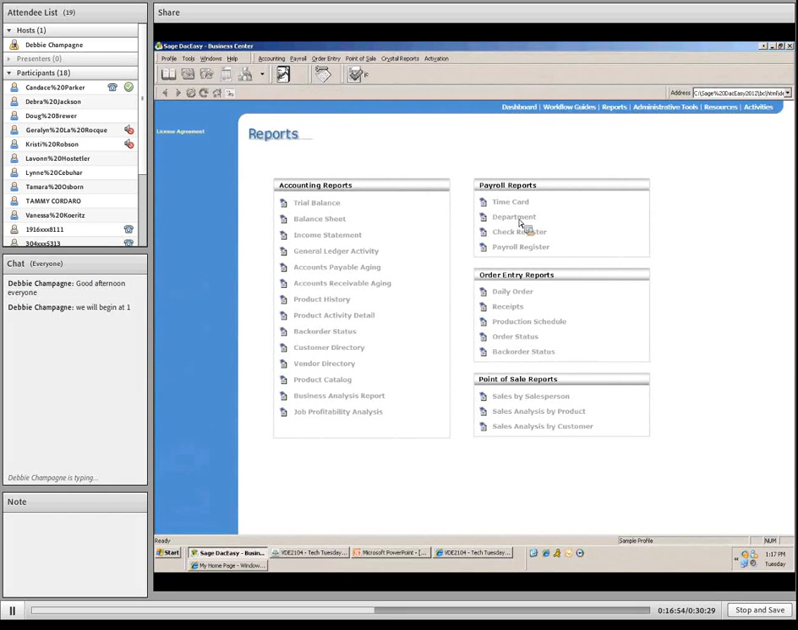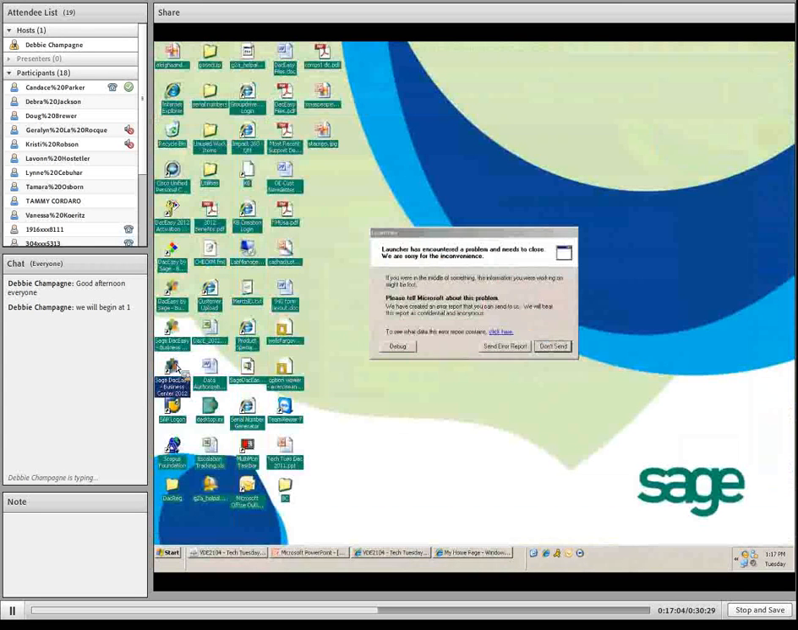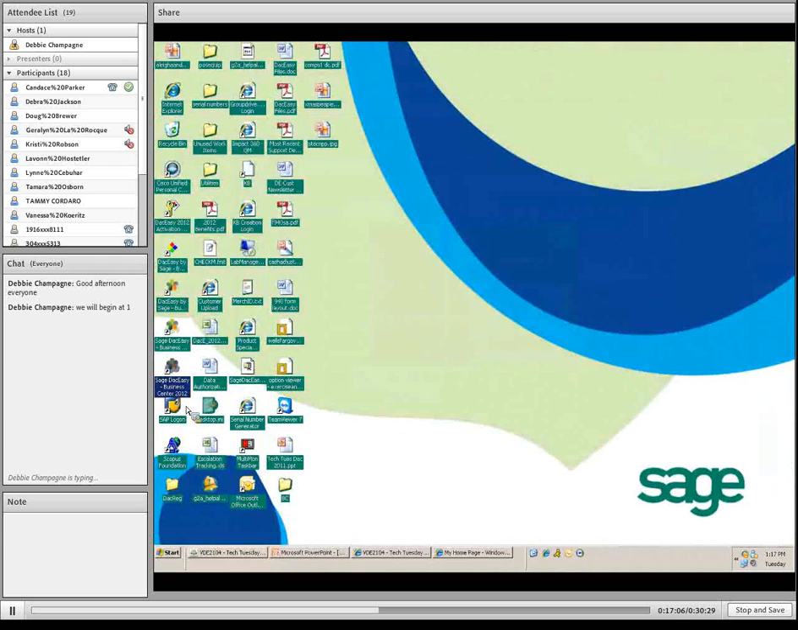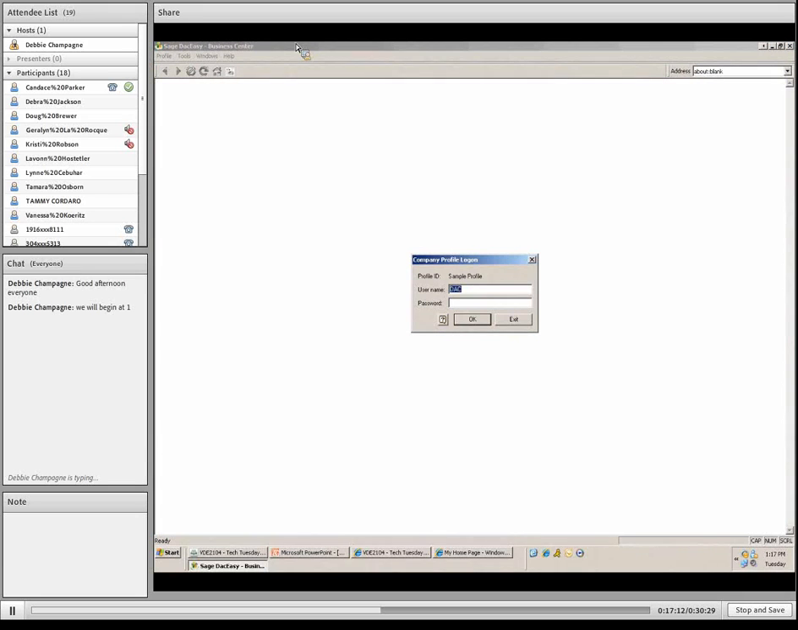So that's kind of a quick overview. I would like to make, so when you first open the Business Center, which we can do now, you're going to be prompted for a company profile logon. It does require a username, but it doesn't require a password. So in this case, this station, I've entered DacEasy, and when I hit OK,